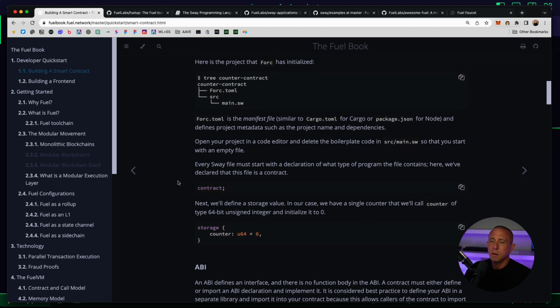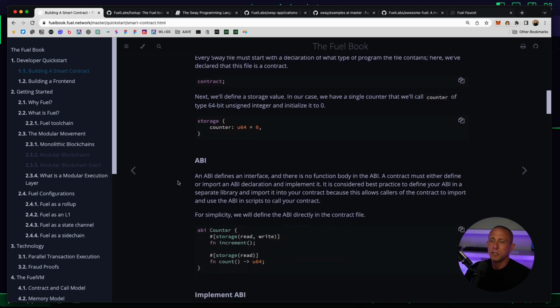So now that we have this ready to go, we want to go ahead and write our contract. The contract that we're going to be writing is very basic. It's going to be for a counter. We're going to start with a count of 0, and then we're going to increment that. You can also obviously add additional functions like decrement or set a specific number. But this is just going to show you how to write the different portions of your contract, like the ABI, and how to compile this and how to deploy this and how to actually interact with this